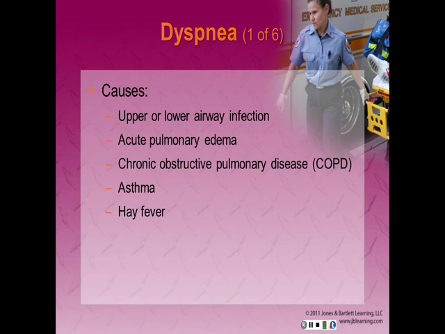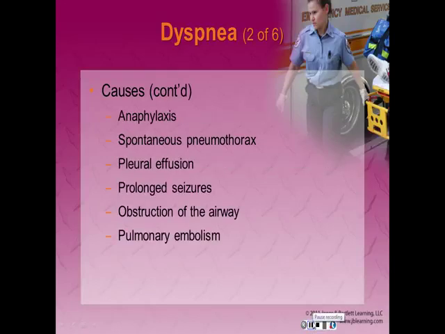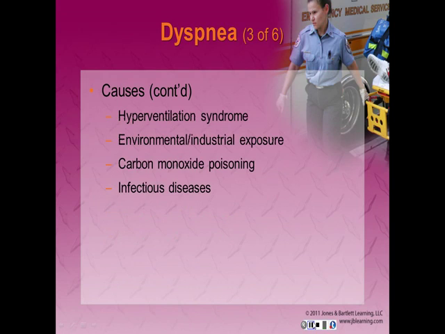Patients often have difficulty breathing and/or hypoxia with the following types of medical conditions: upper or lower airway infections, acute pulmonary edema, chronic obstructive pulmonary disease or COPD, asthma, hay fever, anaphylaxis, spontaneous pneumothorax, pleural effusion, prolonged seizures, airway obstruction, pulmonary embolism, hyperventilation syndrome, environmental or industrial exposures, carbon monoxide poisoning,